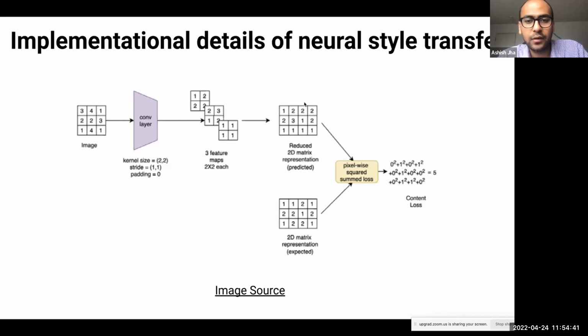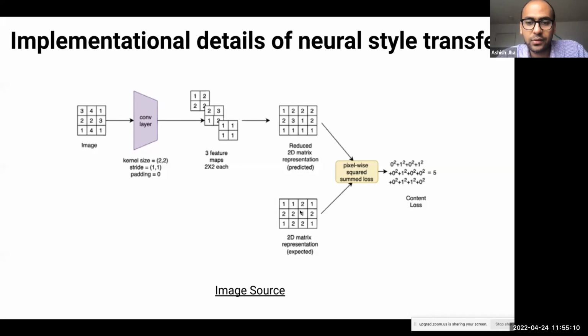And we concatenate them all horizontally, placing them as a reduced 2D matrix representation for the entire image. This is just a compressed representation of the original image. We do this for our generated image, and we do the same for our actual Taj Mahal image, the expectation.